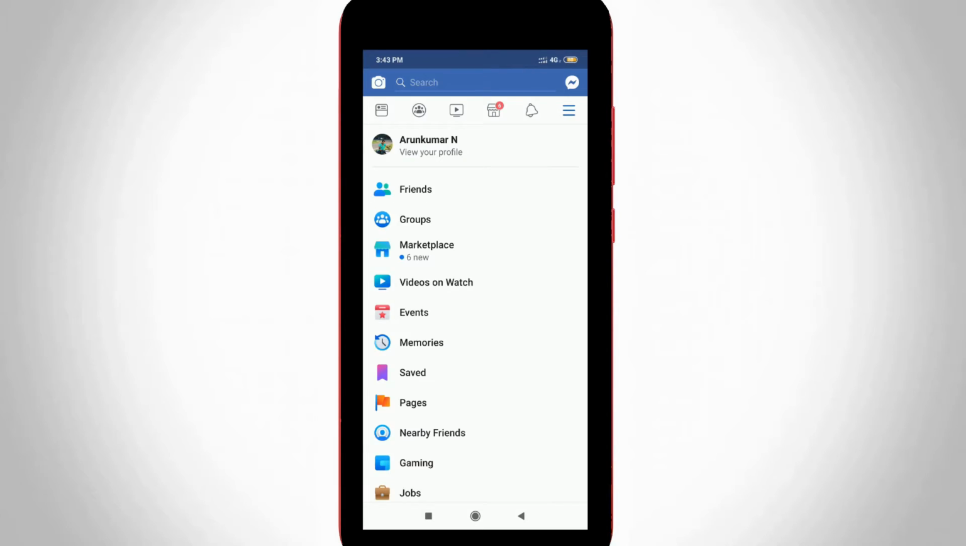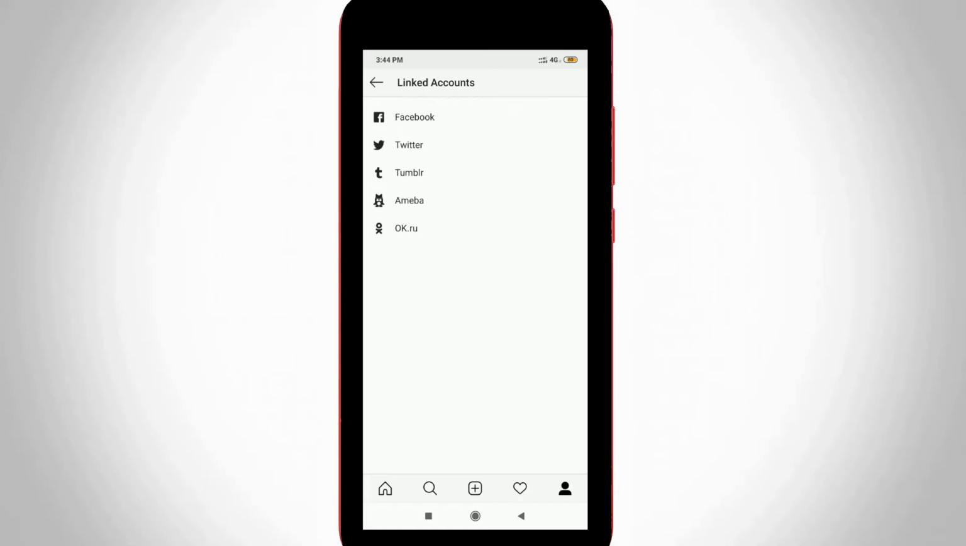But before I'm going to select this feature, first of all log in your Facebook account details using your Facebook application, because this Instagram application is verify your Facebook account informations. So friends, remember this one message. So once your Facebook login process is completed, finally select this Facebook option,